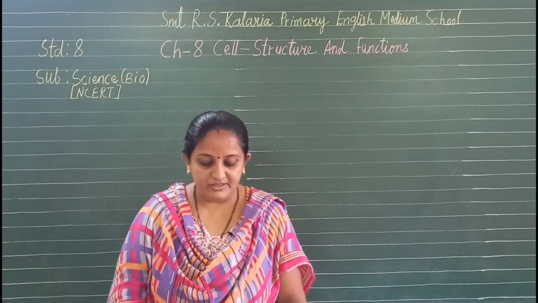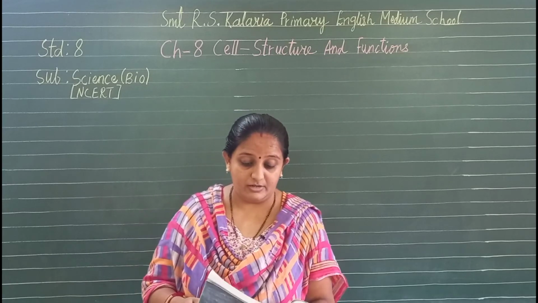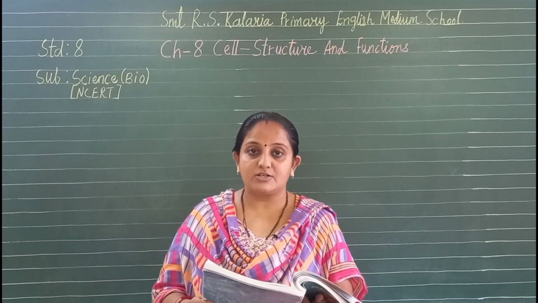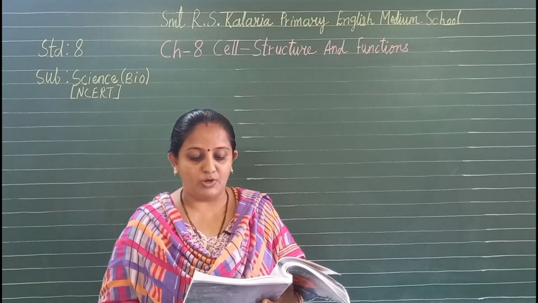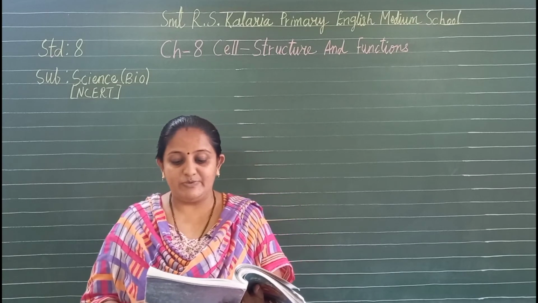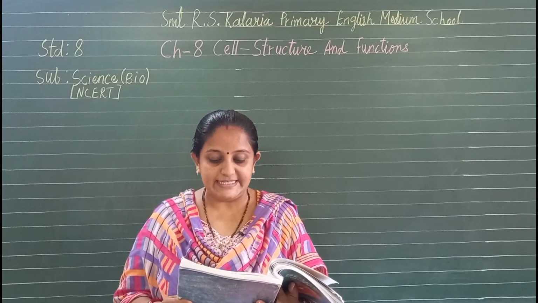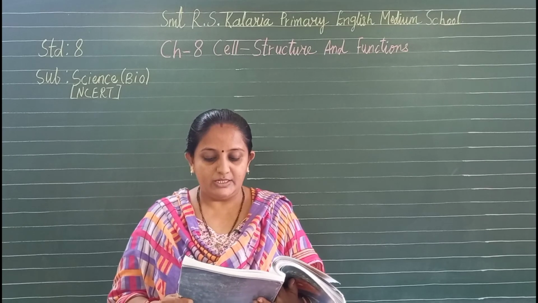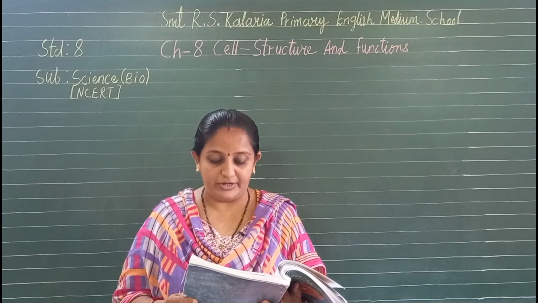Now after understanding this chapter, let us revise some of the points which we have learned. All organisms are made up of smaller parts called organs. Organs are made up of still smaller parts, and the smallest living part of an organism is a cell. Cells were first observed in cork by Robert Hooke in 1665. Cells exhibit a variety of shapes and sizes. The number of cells also varies from organism to organism.